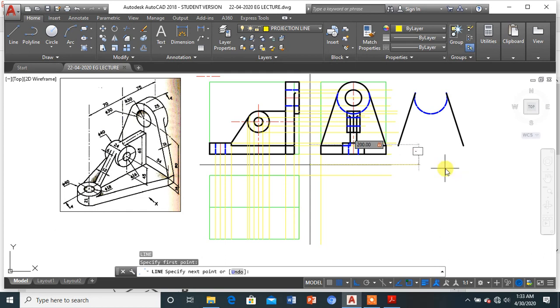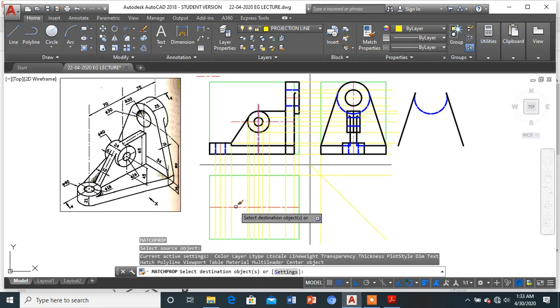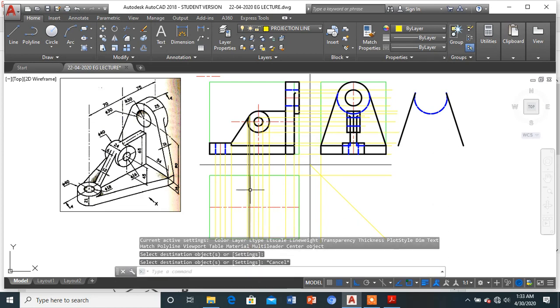I'll be drawing a line at an angle of 45 degrees in the fourth quadrant, so that whatever lines I need, I'll be projecting them straight down. Okay, I'll make this as the center line.